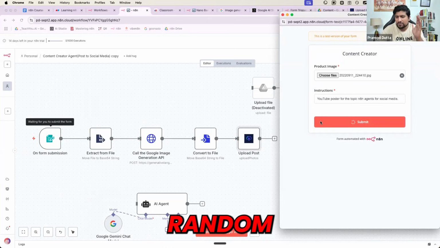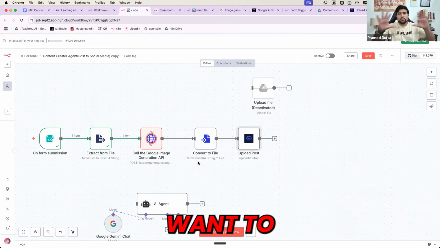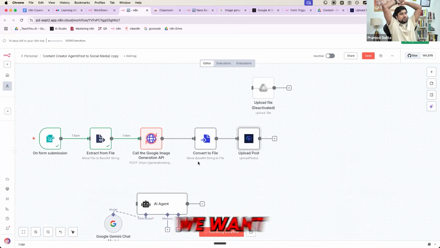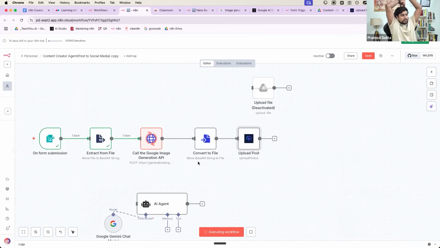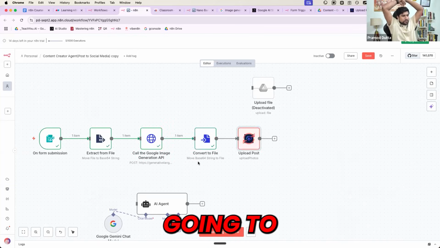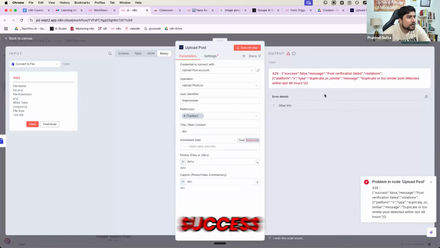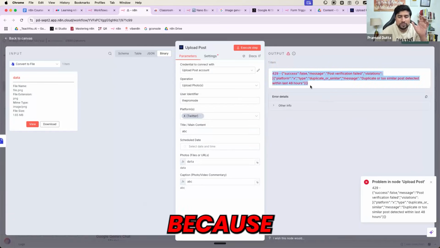Just a random information, everyone. A random thing I have added. So I just want to show you how you can use this upload. Now the only thing we want is, in the upload post, we want this also. Upload post is telling me, okay, duplicate. Success, which is duplicate post or two similar posts detected. By the way, it has not uploaded, because upload post is stopping it as the image is very